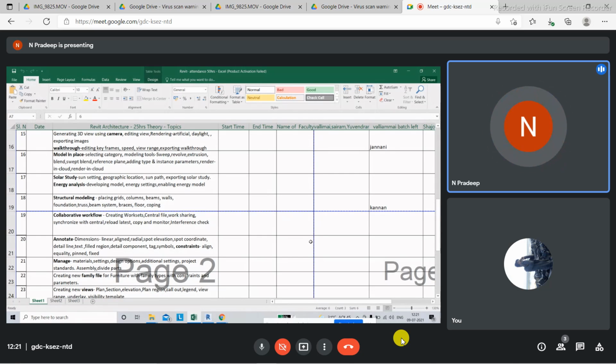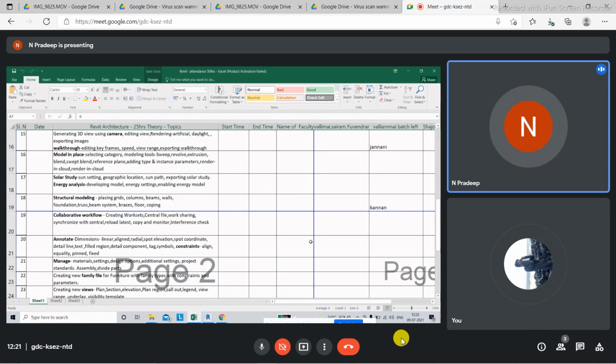Let us say the architecture person is in Nepal, I am the structural person in Chennai, and the MEP person is in Mumbai. Before Revit and building information modeling came into play, the structural and MEP people had to wait till the architecture person finished his work.